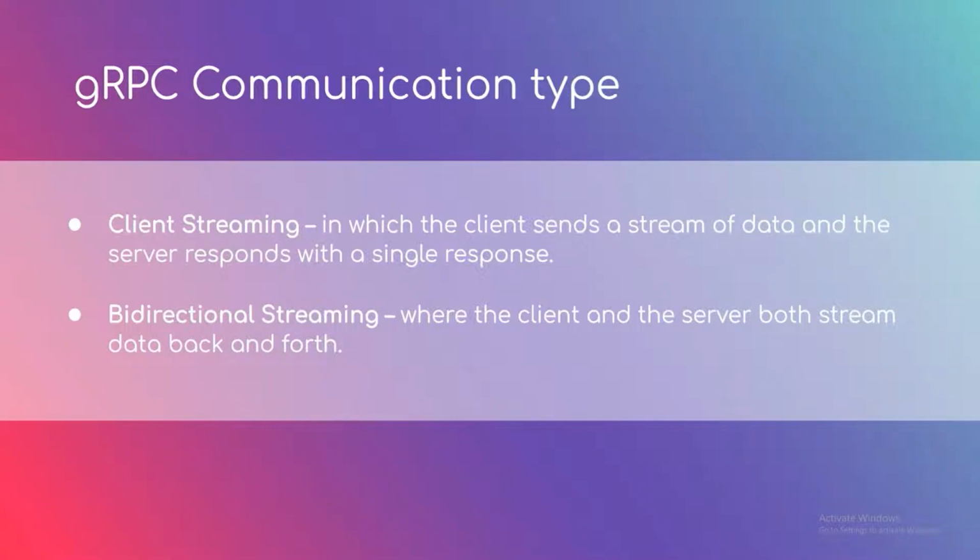And the last one is the bidirectional streaming RPC. In this bidirectional streaming RPC, both the client and server send a stream of messages to each other. The client sets up the HTTP stream by sending header frames. Once the connection is set up, both the client and server can send messages simultaneously without waiting for the other to finish. And the communication happens based on the logic of the gRPC client and server implementation. For example,